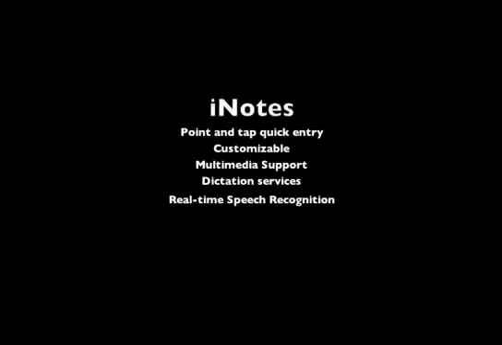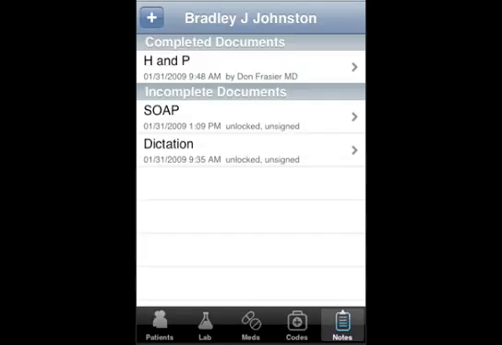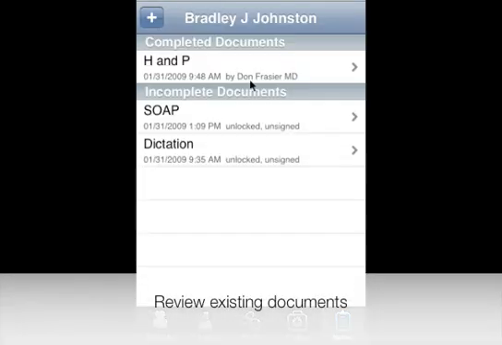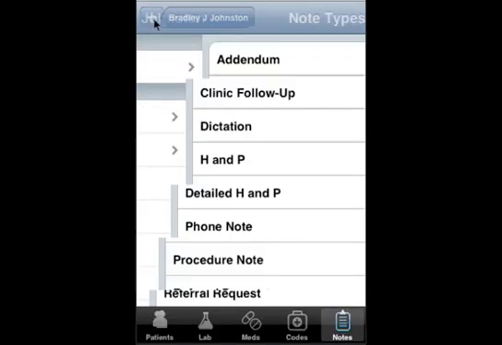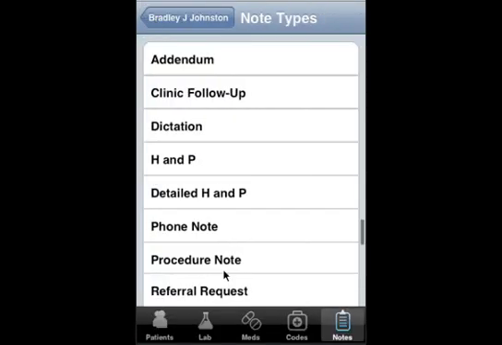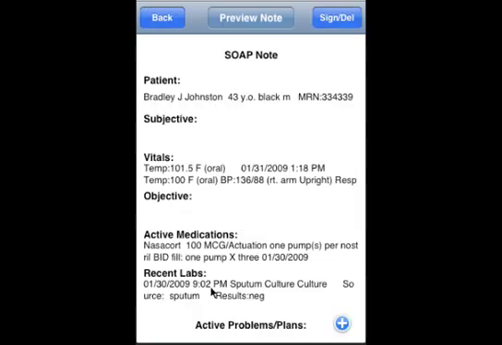Notes are one of the most powerful features of the product. You can actually create notes very quickly using a point-and-touch system. You can also use voice, but we'll show you first how to do point-and-touch. Simply click on an existing note to view it, or if you want to add a new note, click on the Add button, select the note type, and then select from the sections in that note type what you're